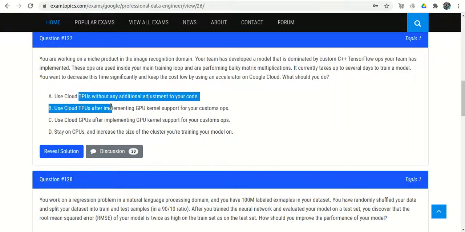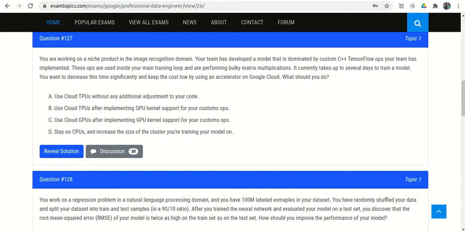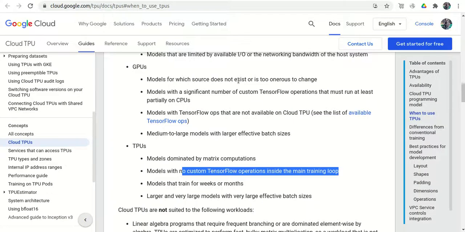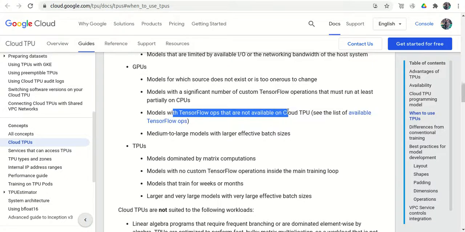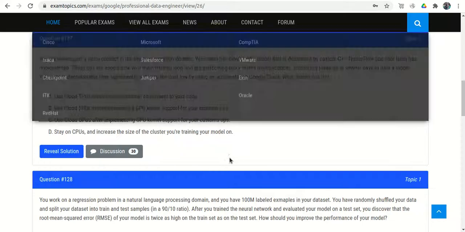So option A and option B are ignored. And regarding the GPU, models for which source does not exist or is too onerous to change, models with a significant number of custom TensorFlow operations, models with TensorFlow ops that are not available on Cloud TPU, medium to large models with large effective batch sizes.